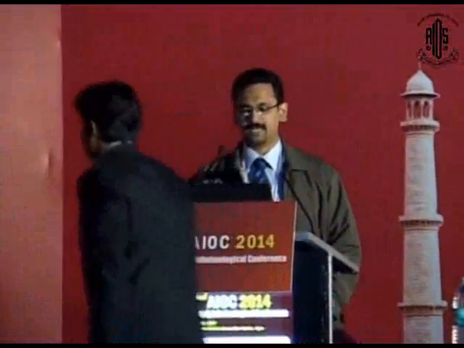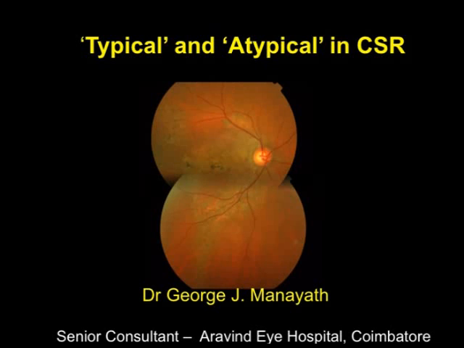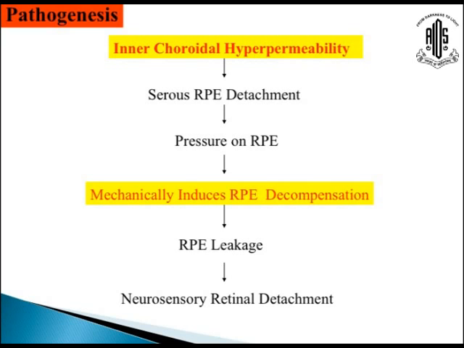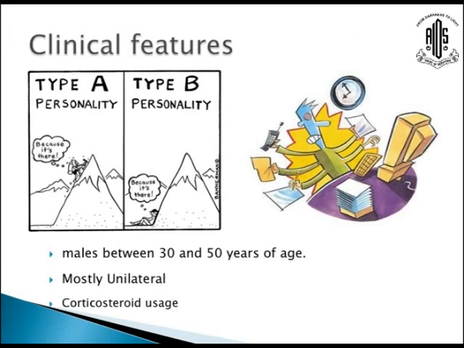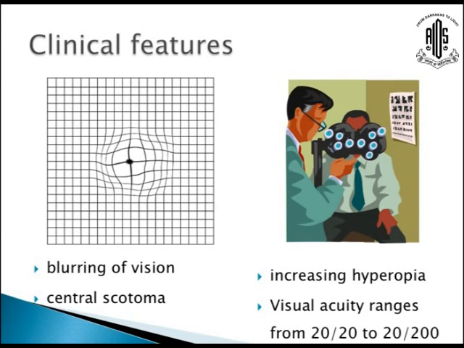Good morning, everybody. I am here to discuss the typical and atypical features of central serous chorioretinopathy. And as we just discussed, it's basically an inner choroidal hyperpermeability, which later leads to RPE decompensation. Usually young males with type A personality, unilateral, and corticosteroid use is a strong risk factor. They present with blurring of vision or central scotoma, increasing hypermetropia, and the vision usually ranges between 6/6